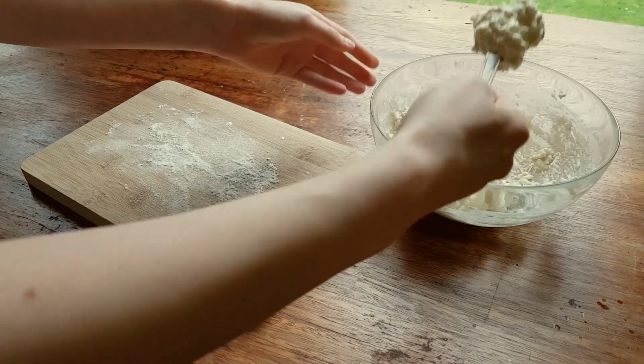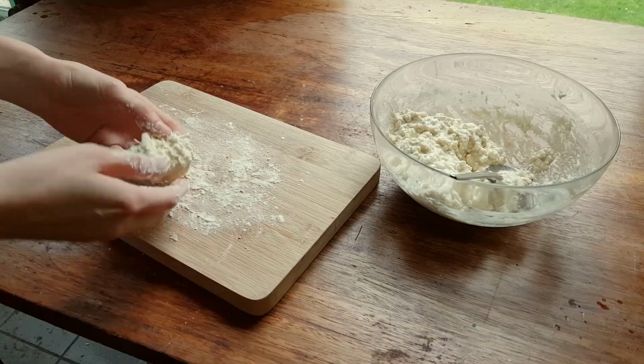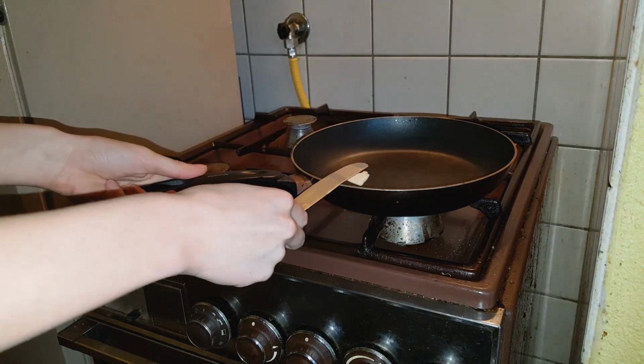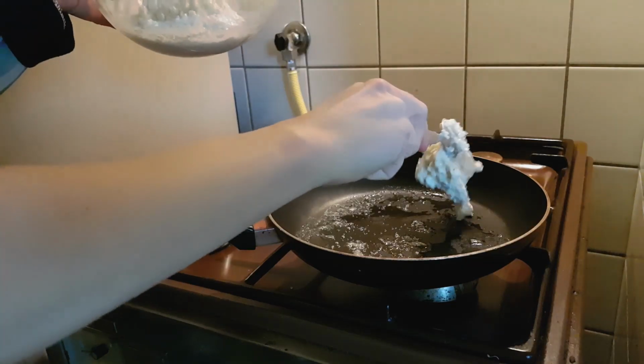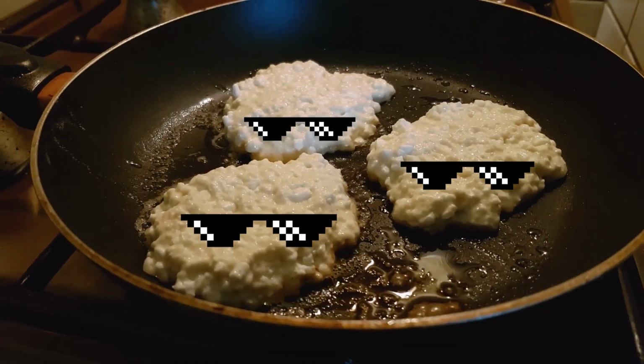I started by scooping some of the mixture, shaping it into a thick cookie, but soon gave up because everything seemed too sticky. So I skipped that part and just moved to the stove. I preheated the pan, added some butter, and scooped some of the mixture onto the pan. I let it sizzle and do its thing. After a while I flipped them over